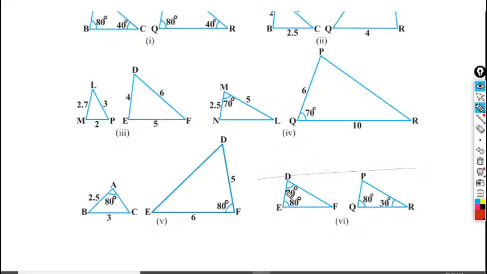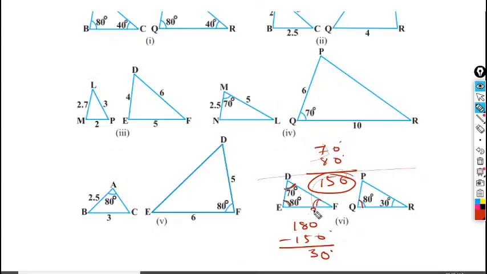Okay, let's see. One of the angles is 70 degree. 70 degree is not here. Okay, let's see another one. One of the angles is 80 degree. Here 80 degree is there. We can find the last angle. If two angles are there, the third angle we can find. So two angles are 70 degree plus 80 degree, that is 150 degree, and the third angle must be 180 degree minus 150, so 180 minus 150 equals 30 degree. So this angle is 30 degree.